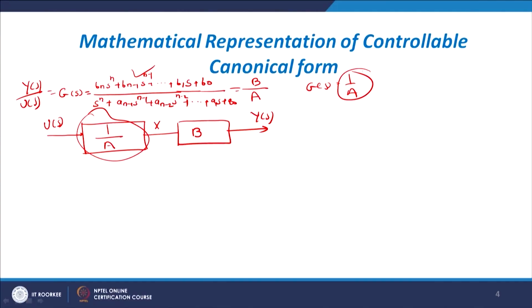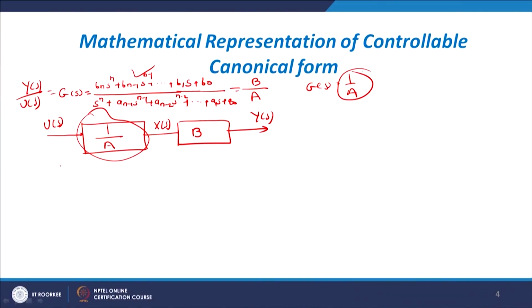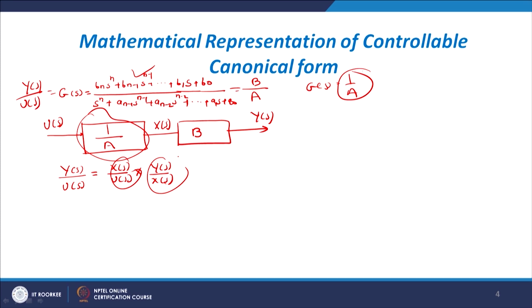We will assume the variable as X(s). So, here we assume variable X(s). Now this complete transfer function we can write down as Y(s)/U(s) equal to X(s)/U(s) multiplied by Y(s)/X(s). If you see, this will cancel, it becomes Y(s)/U(s). Now we will treat X(s)/U(s) independently and Y(s)/X(s) independently, and we will determine the model,